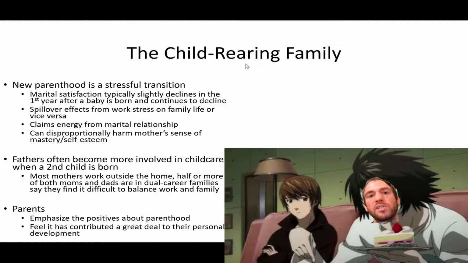And because mothers traditionally, and still today, disproportionately take on more responsibilities of child raising, this can decrease their self-esteem and sense of mastery. It's a long developmental trajectory for a child, and that can at times feel repetitive and semi-hopeless: I can't stop this child from crying, and I feel bad about myself. I'm unable to master or improve my parenting, and this sense of discouragement can potentially disrupt a mother's sense of